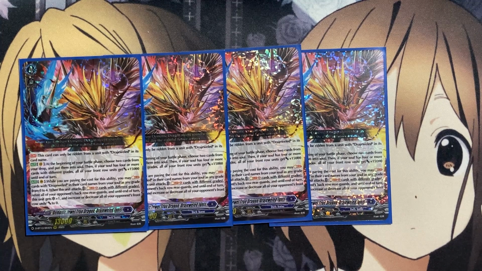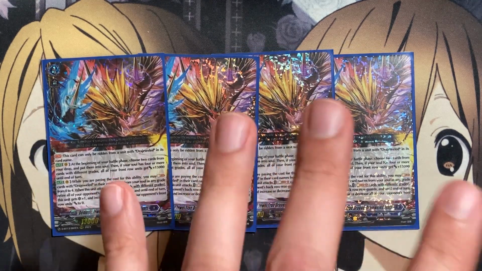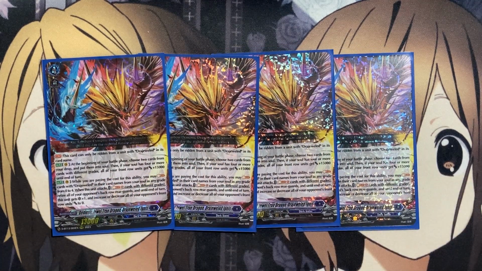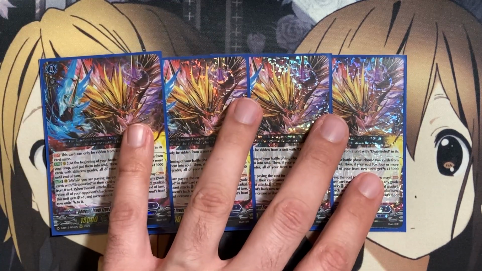When this unit attacks, soul blast 5 cards with different grades. Retire all of your opponent's back row rear guards till end of turn. This unit gets critical +1 and increases or decreases the power of your opponent's front row units to 0. So the fact that it goes to 0 means that your opponent has to guard with especially more numbers compared to 1. It can matter depending on the amount they are guarding with, if that 1 additional number comes up,